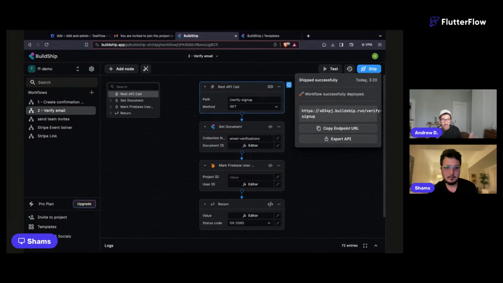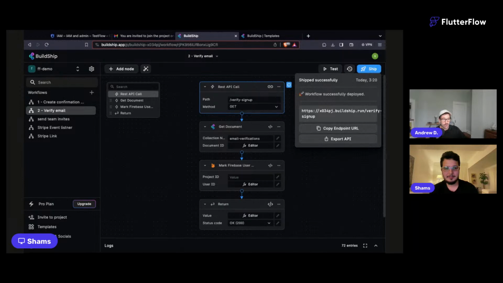I think you did an excellent job running through everything. We did sort of a complex one, right? We did a list of users, an array, and a loop. You can just do a basic one, like, hey, create a user in Firebase and send them an email. We did some complex things, but showcasing